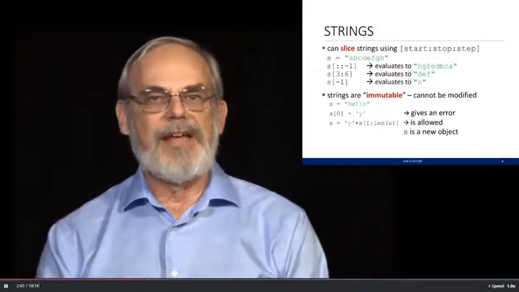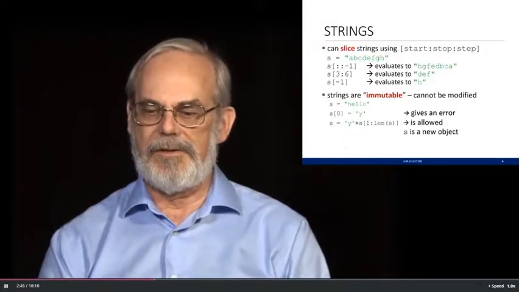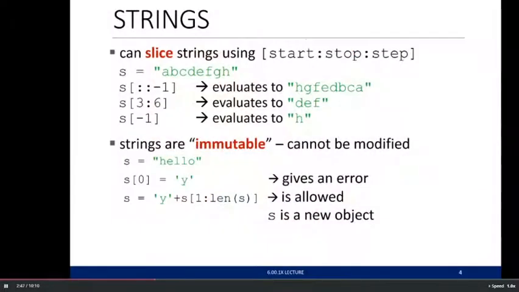We also saw slicing in strings. This lets us go into a string and pull out pieces of the string. And here we saw we can specify a start point, a stop point, and how many steps to take as we do the accessing. And that lets us pull out different elements out of a string. One unusual thing we haven't seen before is if the step is -1, we actually access the string in reverse order.